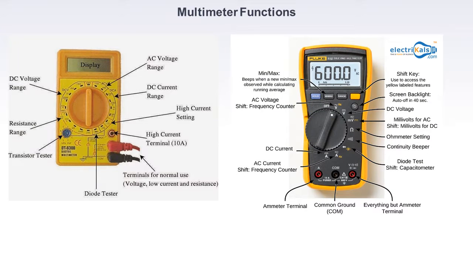Here is a second display of the multimeter, which is also showing the previous plus some few extra additional functionality like AC voltage shift and the frequency counter. You can have screen backlight. You can hold a value in the memory by using this hold button. Diode test, ohm meter settings are as previous one. Now we will see multimeter functionality one by one.